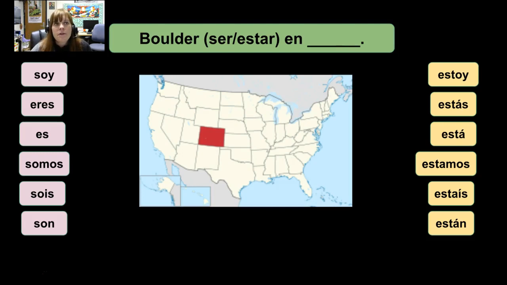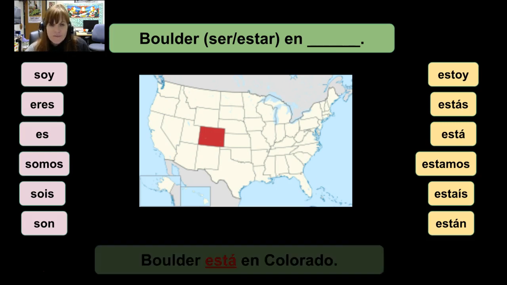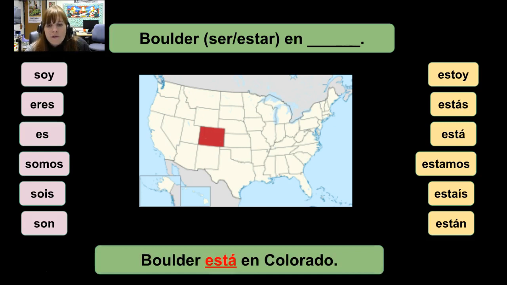So we're just doing some geografía en los Estados Unidos. Boulder, blank, Colorado. So this one's a little bit tricky because a lot of times with ser, you use things that are permanent, and estar is with things that are always changing. Boulder está en Colorado. No matter what, whether you're talking about a city or anything else, if you're talking about location, you're going to use the verb estar. So this might not make sense to you at all, but that's something that happens when you learn a foreign language. You just have to accept it is what it is, and you do your best to conform to it. Things are not always going to make sense to you, and you just have to make the best